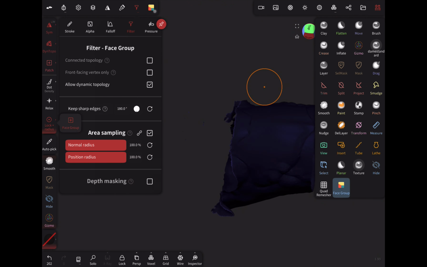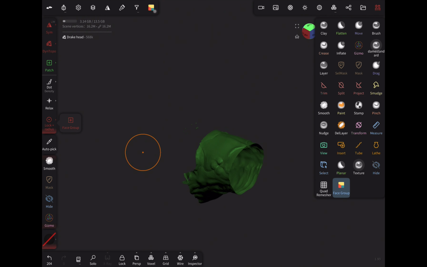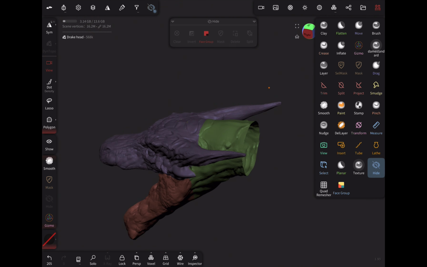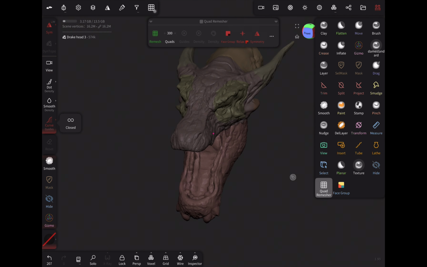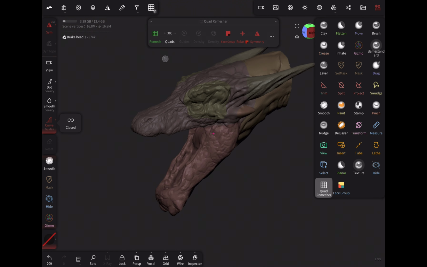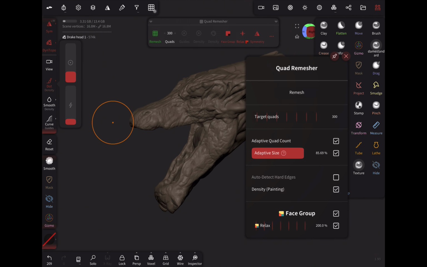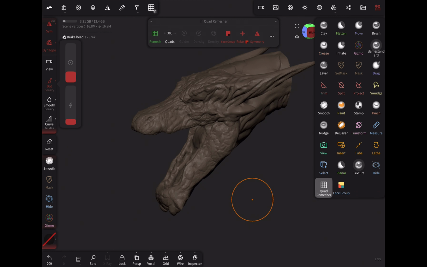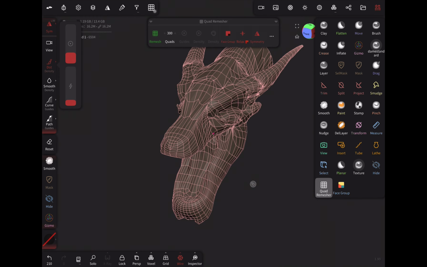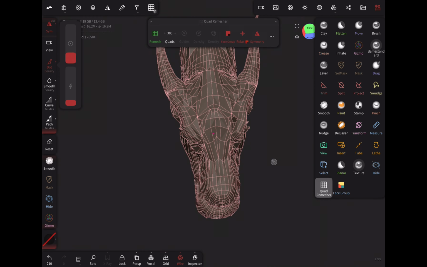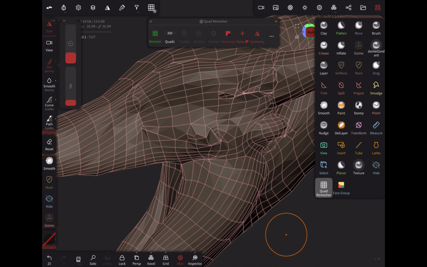Also, when I mask some areas, I use the mask select tool, and in the menu it's the second one from the right. It might look different because I switched my stuff around. I sometimes put back facing on just because I don't always want it to go through to the other side. In certain areas I do, at a certain angle. And you can see it did a fairly good job when I applied the remesh,